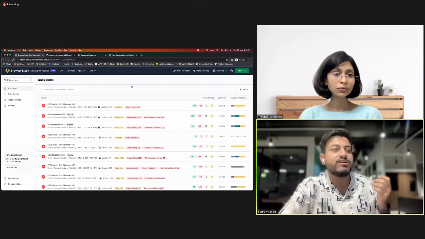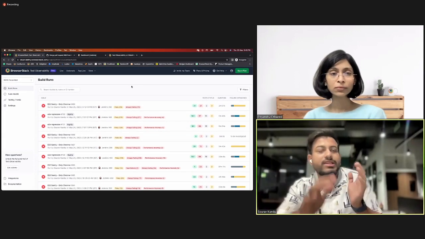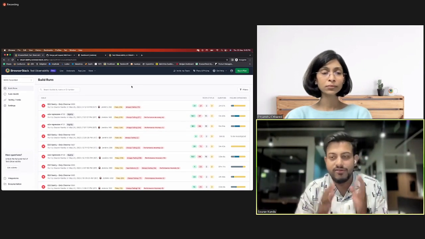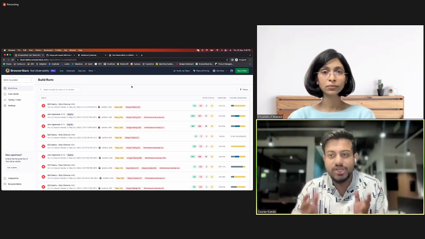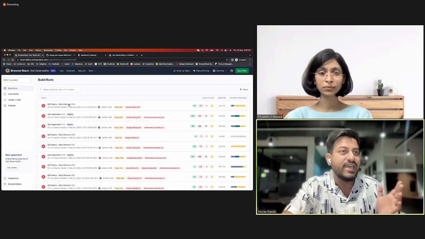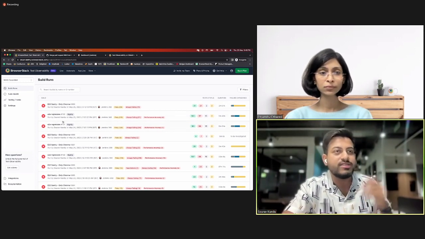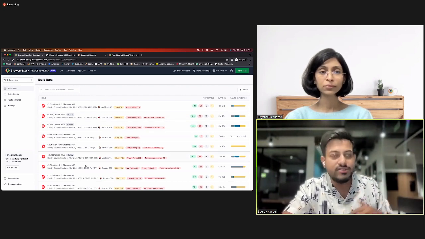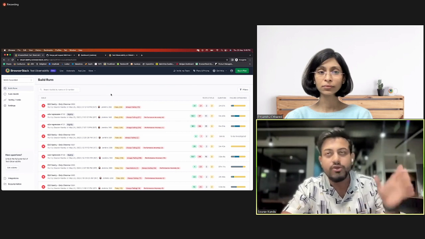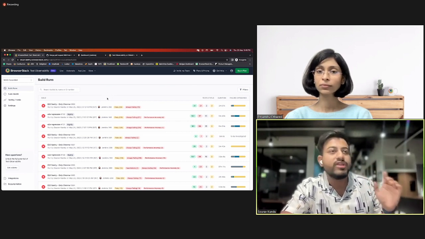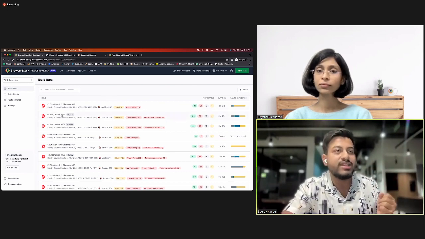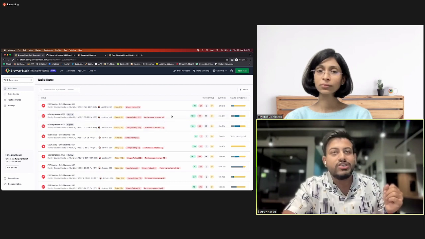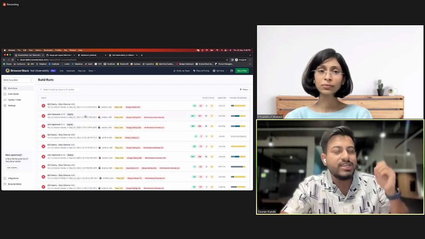So what I have here is test observability. I have run a bunch of automation runs, like you can see, right? Sanity, regression. These are some of the runs I'm doing. And let's say I have all these runs, and today I've just logged in. I want to see what happened with the last regression that I've run, right? The 132. Okay, let's take a quick sneak peek at what has happened.